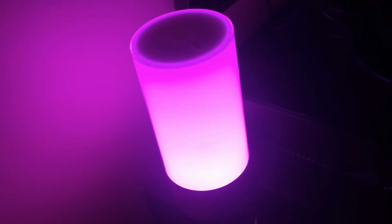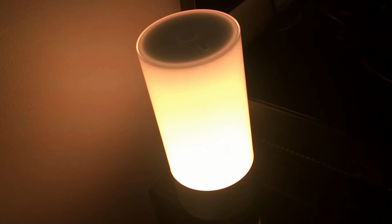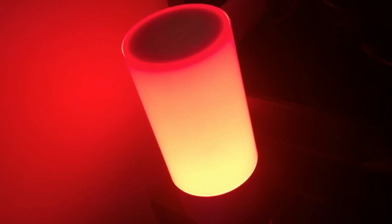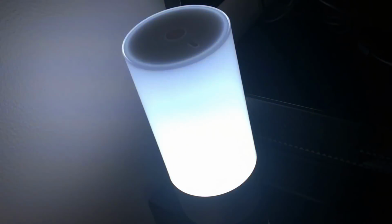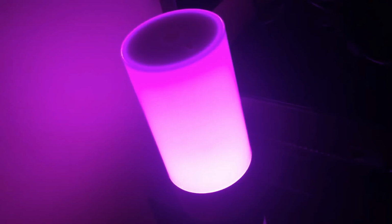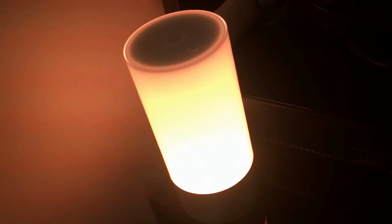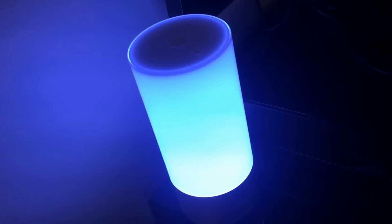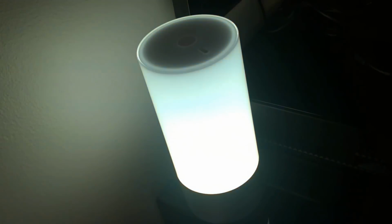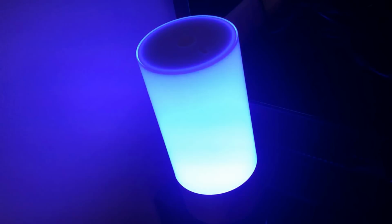And I'm here to show you the Xiaomi YeeLight. I hope I pronounced that in Mandarin correctly. From the same folks that brought you the Xiaomi One Plus One smartphone that you may have heard about in the last year or so. They also have a line of intelligent lighting products very similar to Philips Hue or Sylvania Osram or the Wemo from, I think, Belkin as well. So it's kind of a new